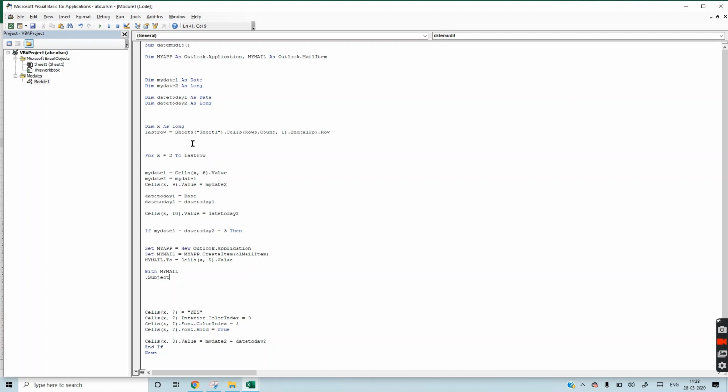Now we want a predefined subject. It is payment reminder. You can write anything in the body.